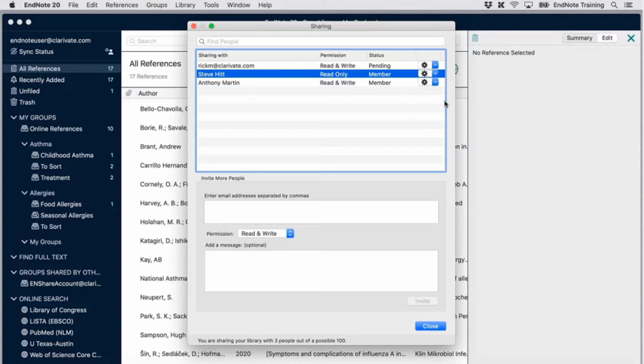The changing of the permissions would also generate an alert email just to let the person know that their permissions have either grown or broadened, where they can do more in the library, or if they've become restricted. If they've gone from read and write to read only, an alert email would be sent just to let them know not to expect to be able to do what they did in the library the last time once they